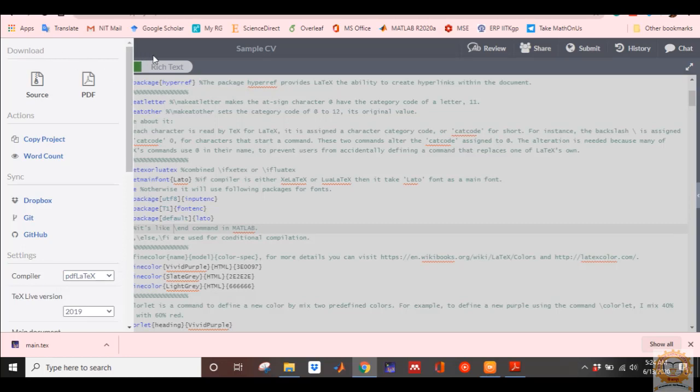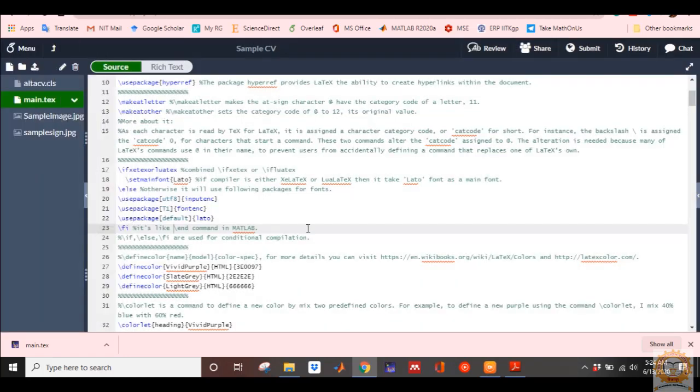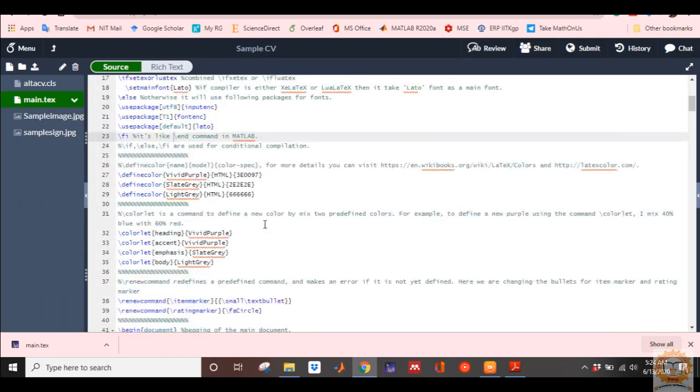Okay, so that's why we are using these conditional compilation. Okay, and then we will define color. So this command is for defining color. Okay, so define color, name of color, model we will be using HTML model, and color specification you can have detail from these 2 websites,